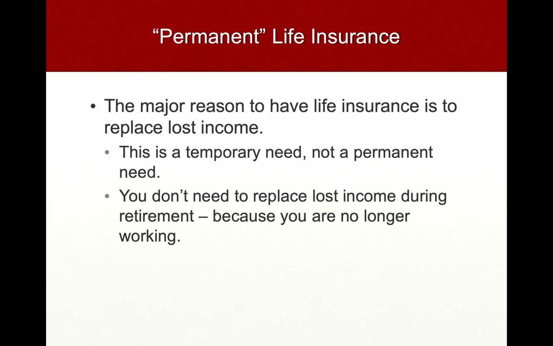But if you're married, a husband and wife who both have Social Security income, and one of them dies, the survivor, as a general rule, gets the bigger of those two checks. So there might be a small insurance need there, but hopefully they would have accumulated enough other assets to make that adjustment. So hopefully they'll have retirement funds and the like.